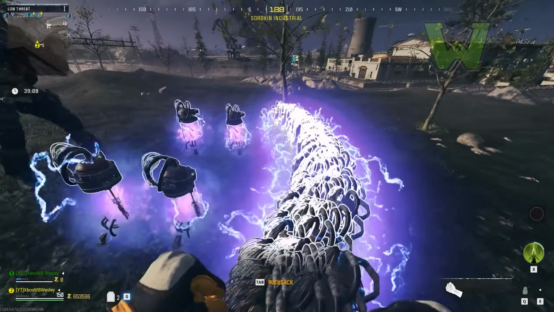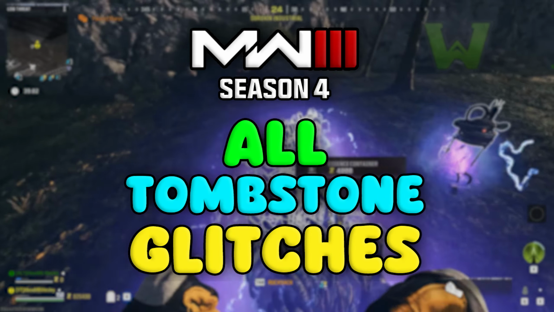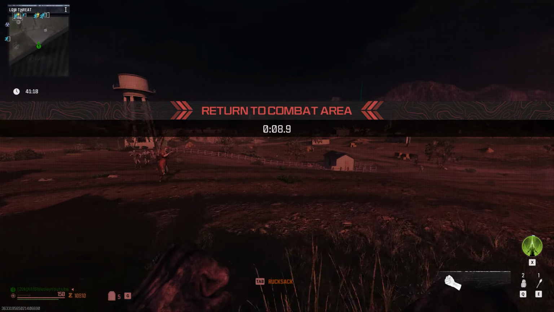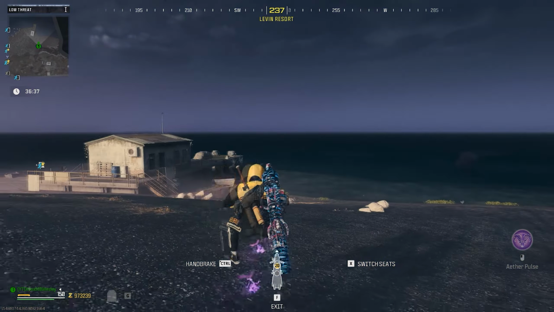What's going on, guys? Wesley here, and today I'm going to be showing you guys how to do the unstable rift with no risk. Yes, you can do the tombstone duplication glitch and get the Mark of the Survivor camo very easily. Today I'm going to show you all the working tombstone glitches in Season 4 Reloaded of Modern Warfare 3. So simply put, there's a bunch of different methods that you can do right now, but the unstable rift